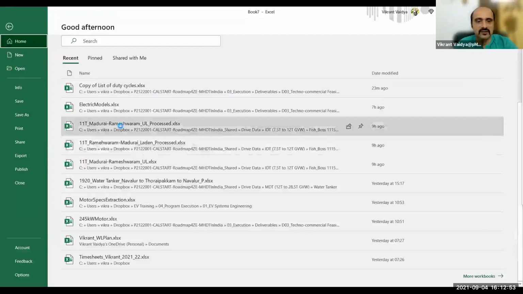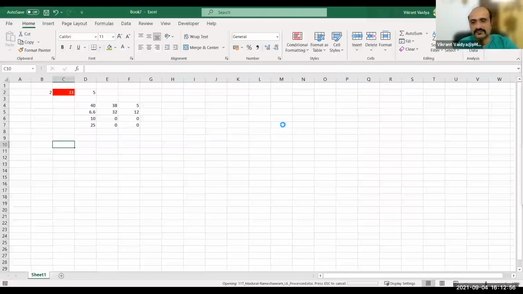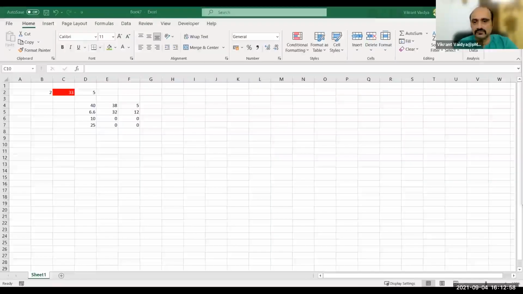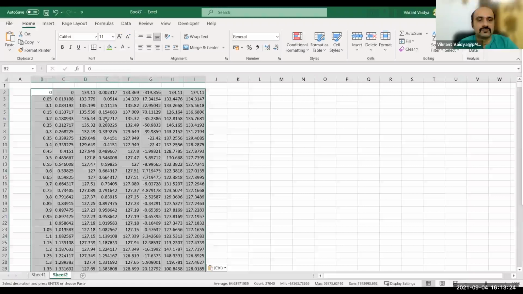Let me bring some of that here. You can add a worksheet here by clicking on this plus. By default, one sheet will be there. Okay, copy the labels.